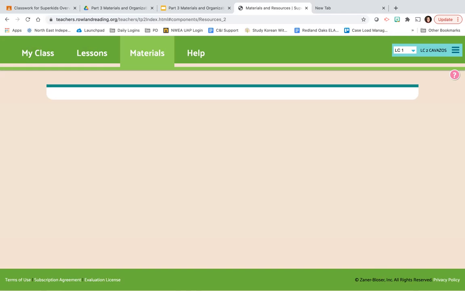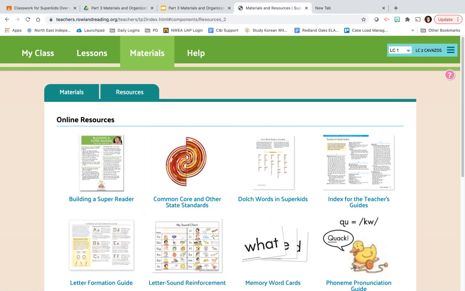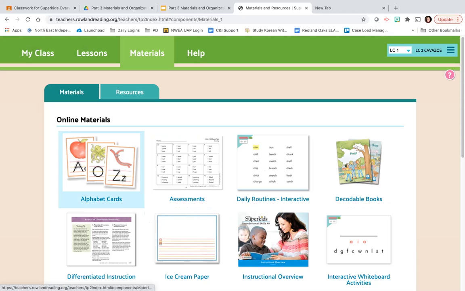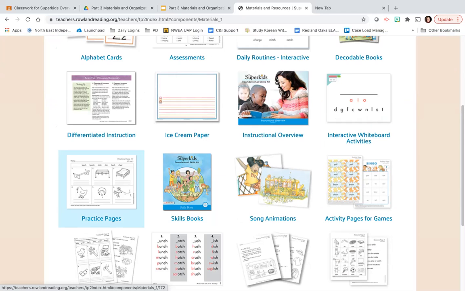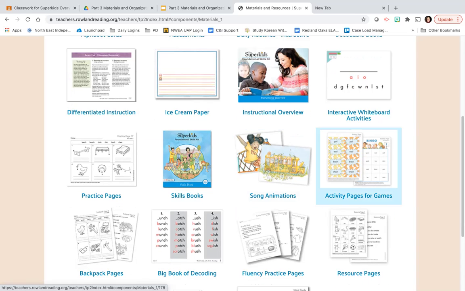First grade, we're going to move over to yours. And when you come into your materials, you too have the alphabet cards, the assessments, daily routines, decodable books, differentiated instruction. Your ice cream paper looks different. So they have this here with a little space for a picture. You do have some interactive whiteboard activities that you're able to utilize here. Practice pages, skills books for those who lose their books, animations, and what you have that's new for first grade